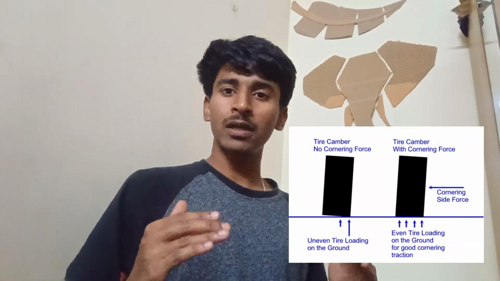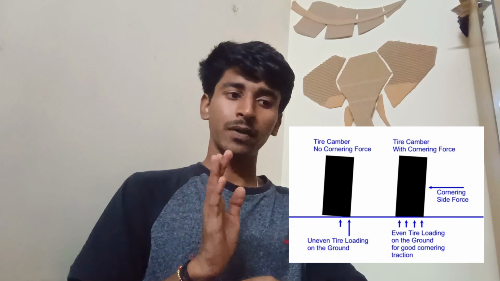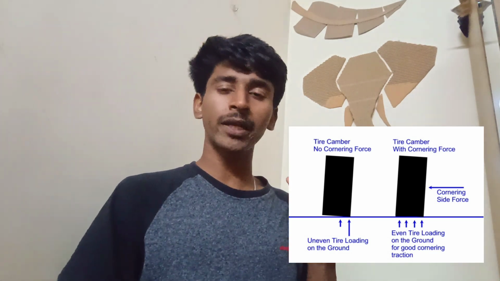So now when the vehicle is entering the corner, of course the tire will roll over even now. But instead of the contact area being minimized now, the contact area is maximized. So that way you get more contact area during cornering. More contact area in the sense you'll get more friction, and more friction is more stability for the car, and that's how you'll be able to perform tight maneuvers. That is the reason for having negative camber.